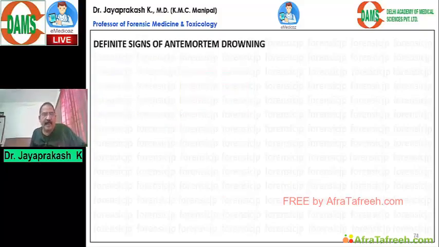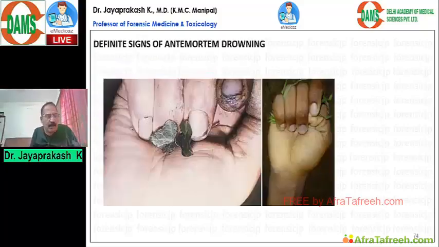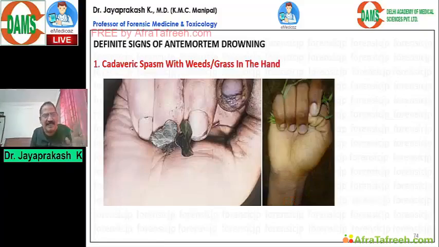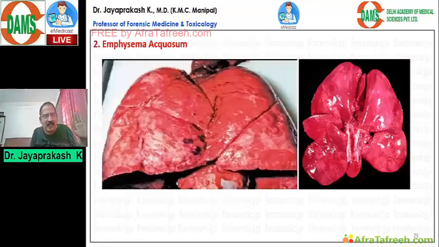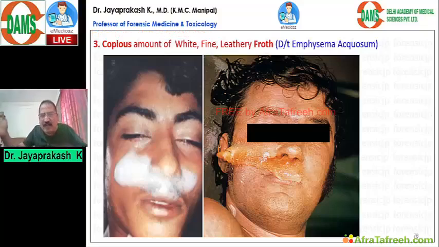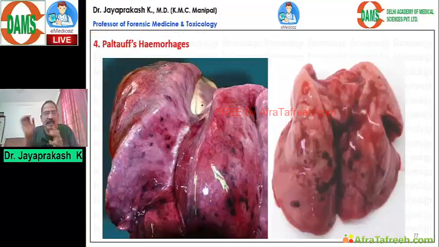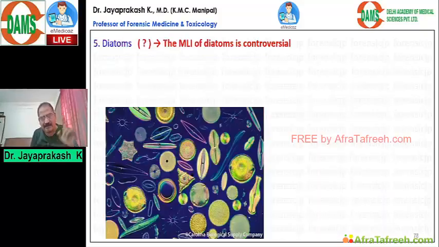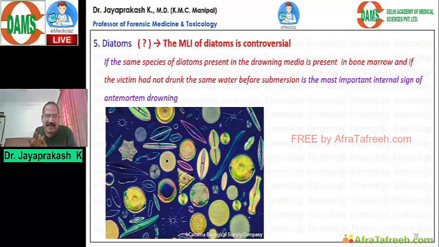Okay. What are the different signs of antemortem drowning? I go fast, you know very well. Number one, cadaveric spasm, 100%. Number two, emphysema aquosum, drowning lung. Number three, a copious amount of white fine lathery froth, that is due to emphysema aquosum. Number four, Paltauf's hemorrhages. These four you can take as definite signs, but diatoms, the medicolegal importance is controversial